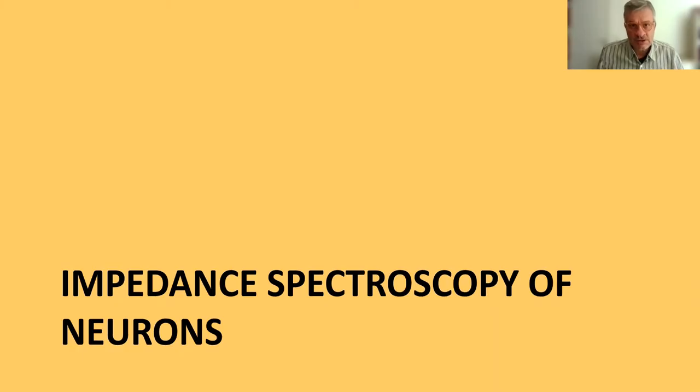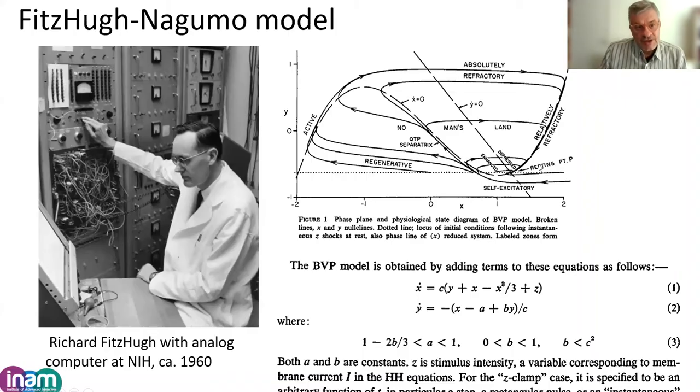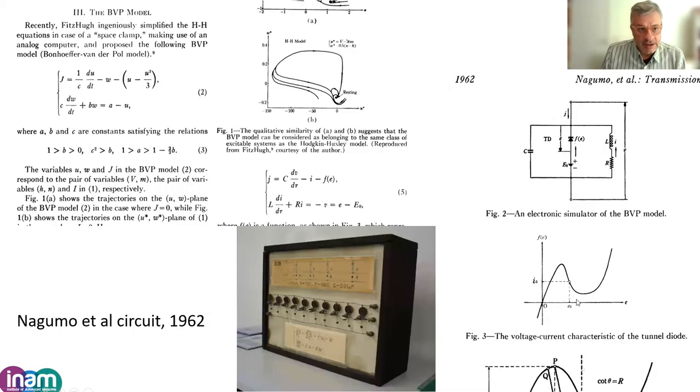We have some results on the impedance spectroscopy of neurons. We use the simple model of FitzHugh-Nagumo that contains only two equations, and it was expressed by Nagumo in terms of an equivalent circuit. So here is the resistance inductor line, and here is the negative resistance element. So that is the same model that we